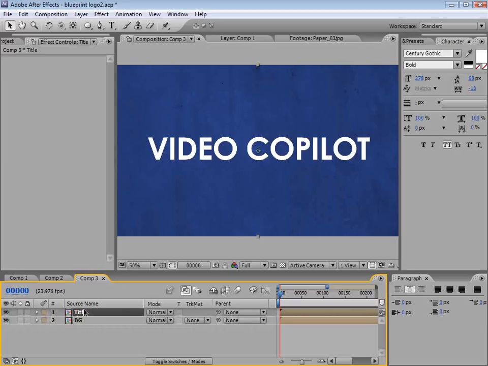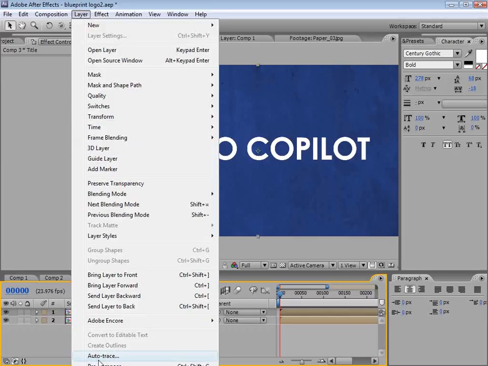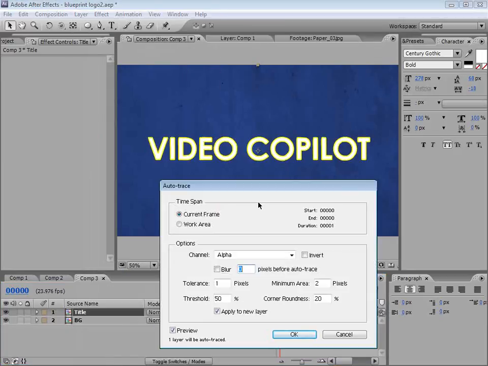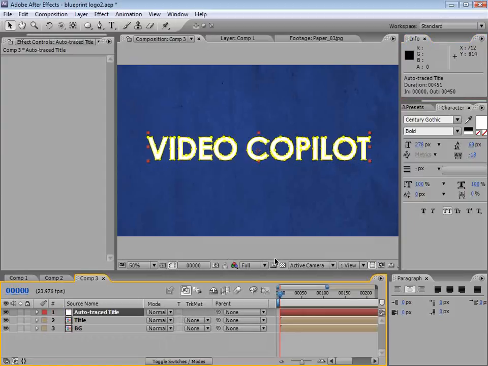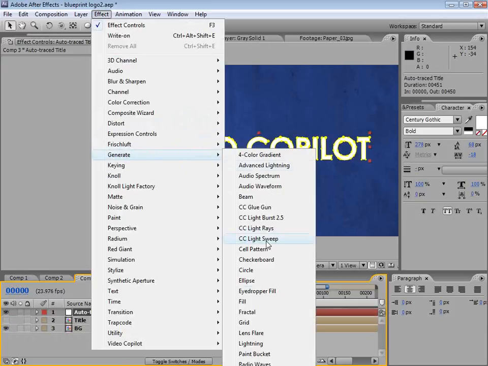So I'll select the title, and we're going to choose Layer, Auto Trace. Now the Auto Trace tool allows you to create masks from parts of your image automatically. So we're going to look at the alpha channel, meaning the transparency. Now these settings look like they work well, so we're going to choose OK. So now we have an outline that's been created onto a new layer. I'm going to shut off the original layer, select the Auto Trace layer, and I'm going to choose Effect, Generate,